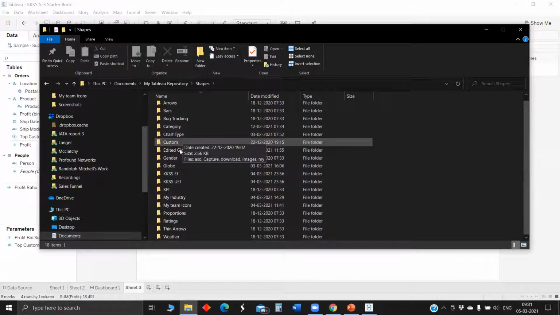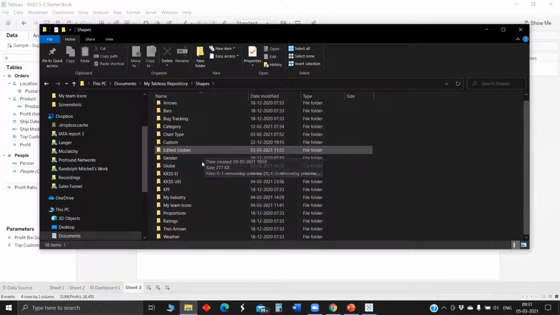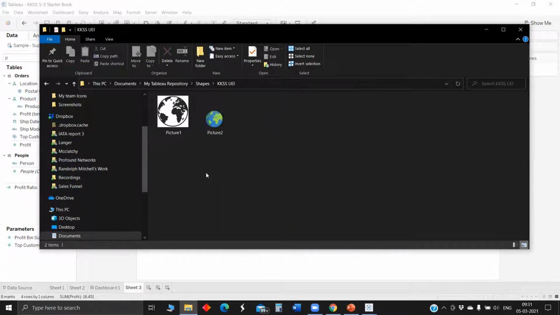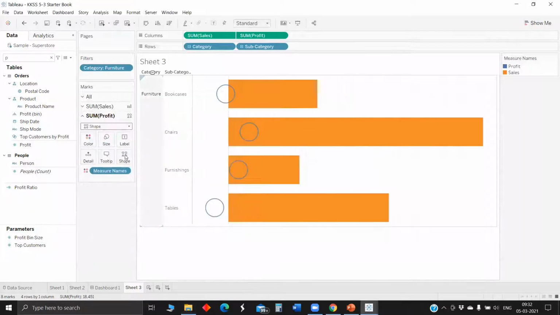There you can create a new folder and add the icons you would like. Here I have added a Cases folder with 2 icons. This is the way we add customized icons into Tableau. First we go to My Documents, then My Tableau Repository and Shapes, and if you create a folder and add icons, you will be able to see them here.